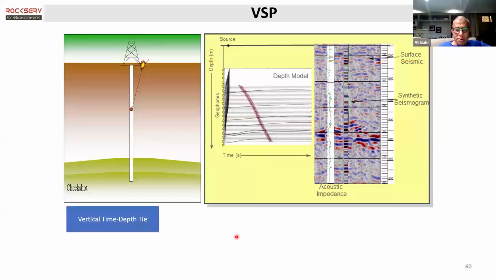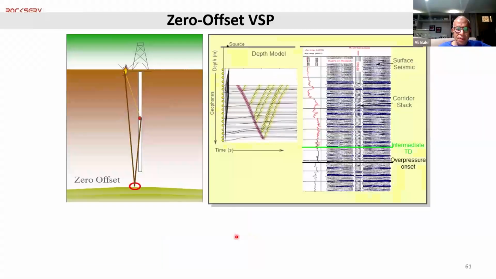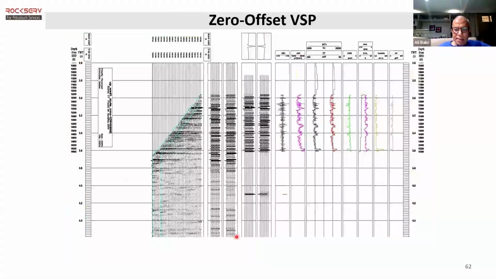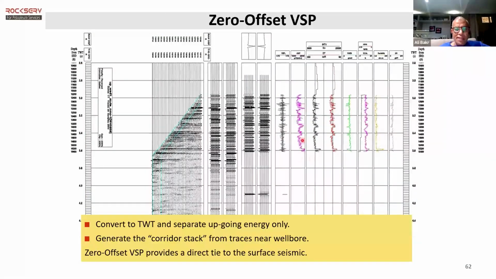Again, I'm going to jump over the acquisition and processing and come up with an end result for the zero offset VSB. As you can see, very nice stuff in front of you, and the corridor stacks in front of you, and then the synthetic seismogram calculated after that, and you can correlate each event of those with your VSB data, and even with your seismic data, and come up with time depth